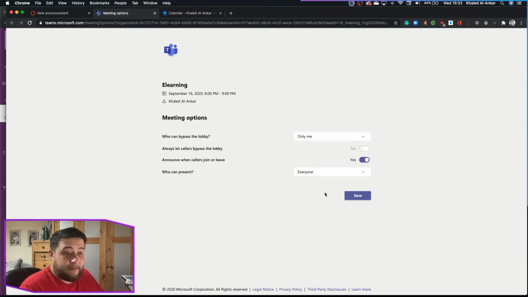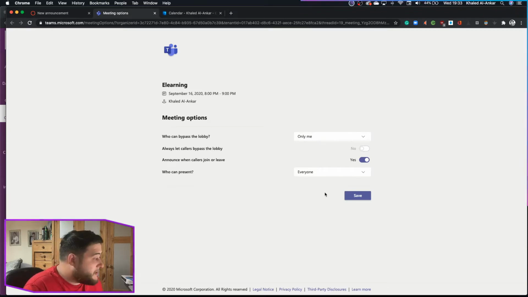So they'll come up to that lobby window, and then I as the educator will be able to go, right, I accept, you can come in, you can come in, you can come in, and so on and so forth. I think that's a safer way to prevent, for instance, some of the things that you've seen in the news with Zoom bombing sessions and stuff like that. So just to be a bit more aware of how to make that work, and that's how you do it